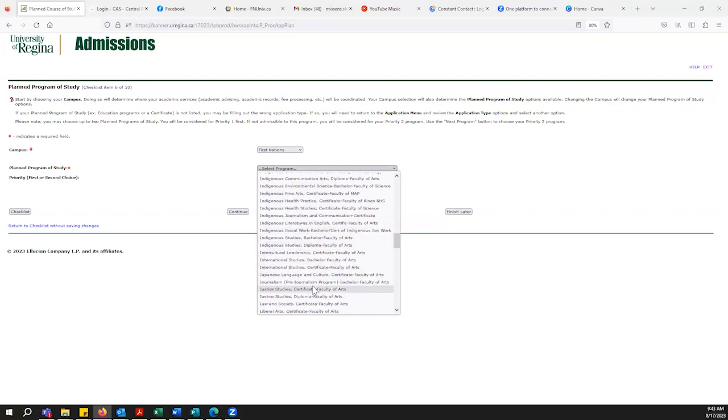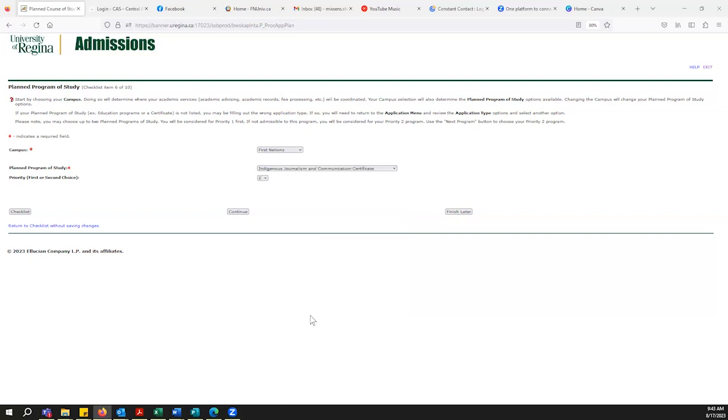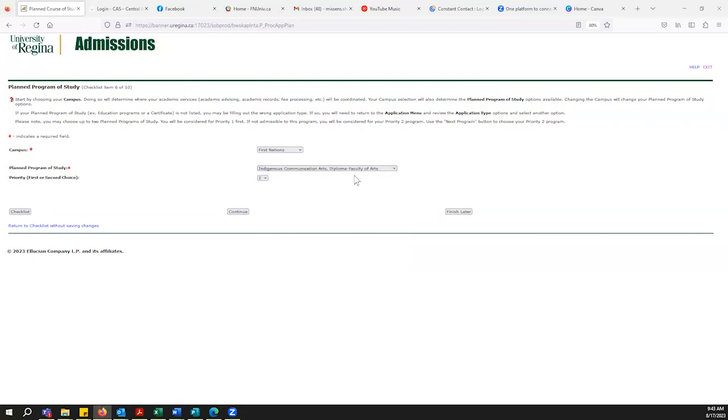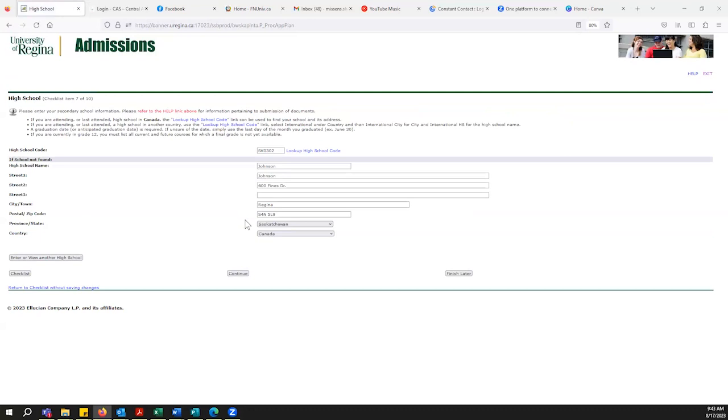I would suggest that they list the journalism as their first and second choice, because that's all that they're wanting to do. Unless, of course, they want to do a diploma or an arts degree. A lot of them were heading for Inca after. If you're heading for a diploma later, then absolutely, I would tell them to select Faculty of Arts, Indigenous Communication Arts as a second choice. And then when you continue,